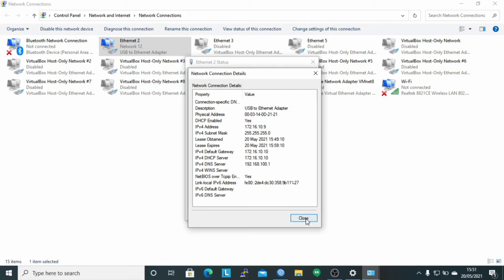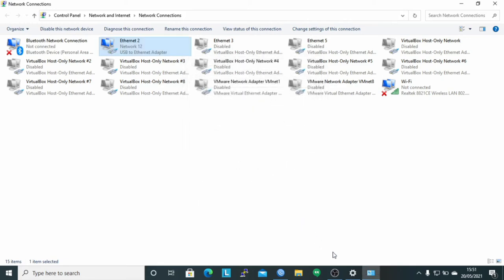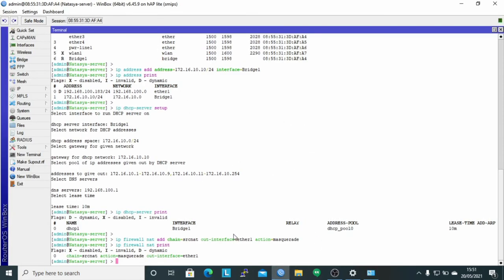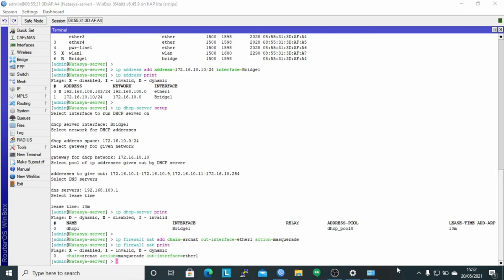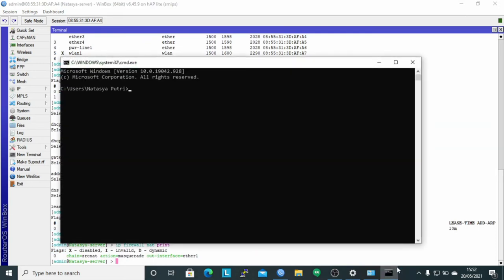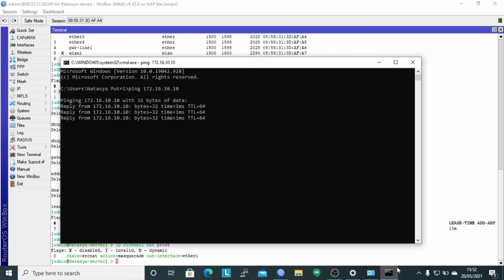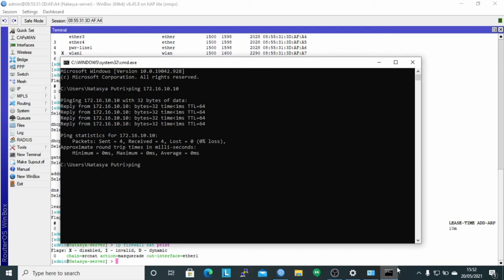And then ping the router IP via CMD with the command ping 172.16.10.10, and then perform a ping to google.com with the command ping google.com.